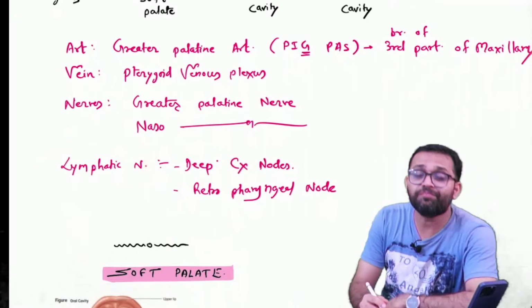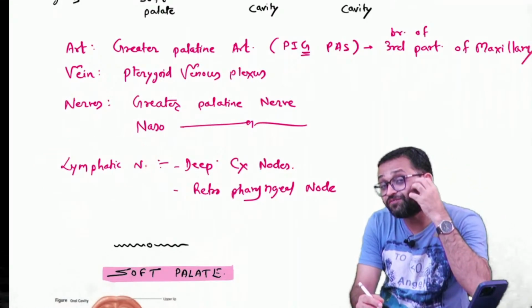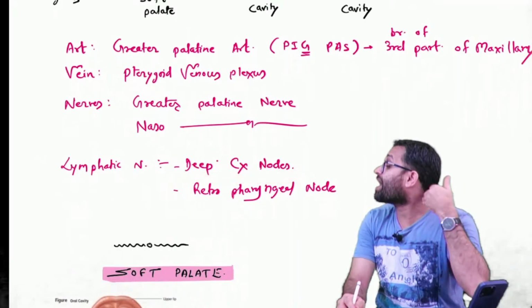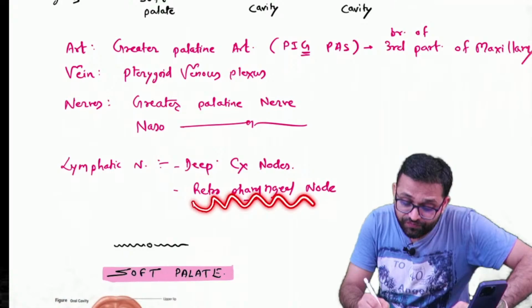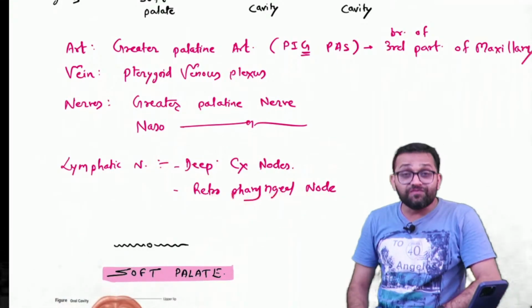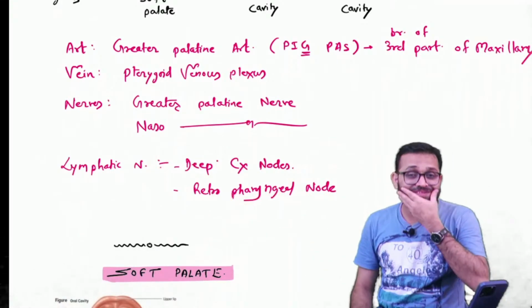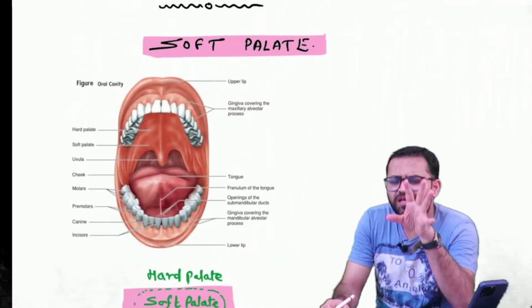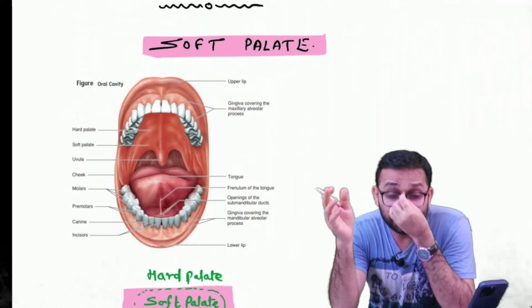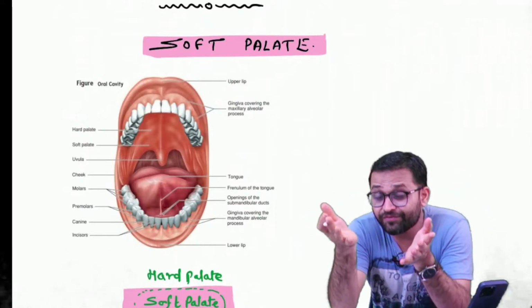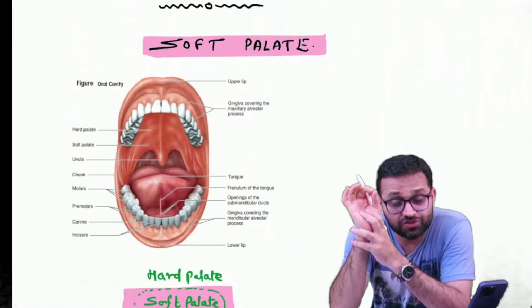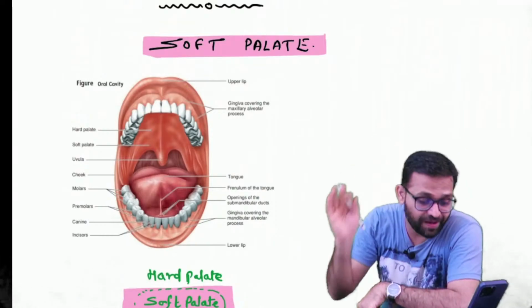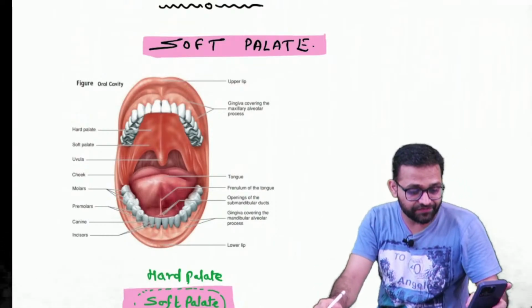Lymphatic. So remember, palate is here. Which lymph node is close? Deep cervical lymph node. Sir, there is our pharynx. So behind the pharynx, the lymph node group, retropharyngeal lymph node. So these are the lymphatic drainage of the face part. Okay, getting the point? Now look, we are going to talk about our soft palate. Hard palate is not too much important. Yes, for the clinical point of view, for the cleft palate we have to know. Okay, so we had just discussed in a short and sweet way. Now we are going to look at the main part, that is the soft palate. Agree beta? Soft palate. Fine.